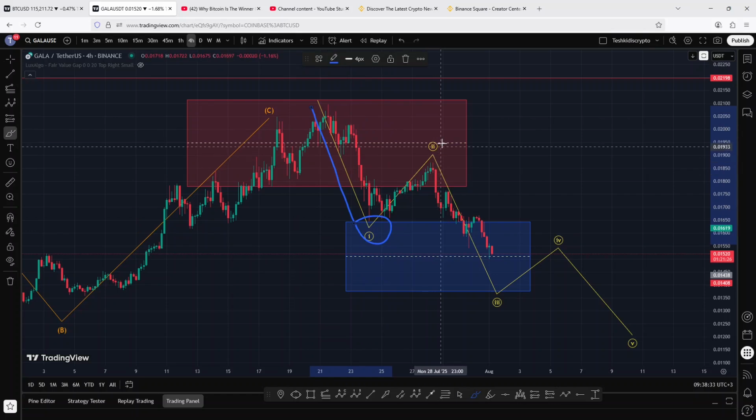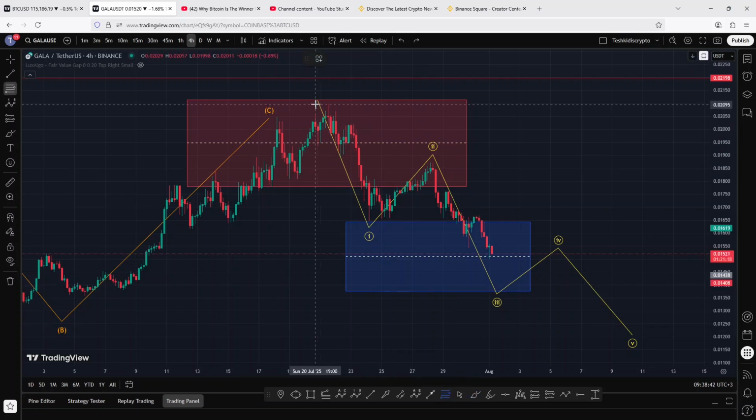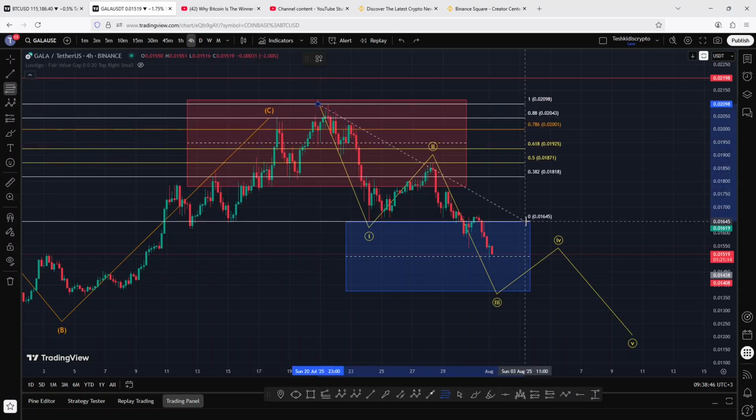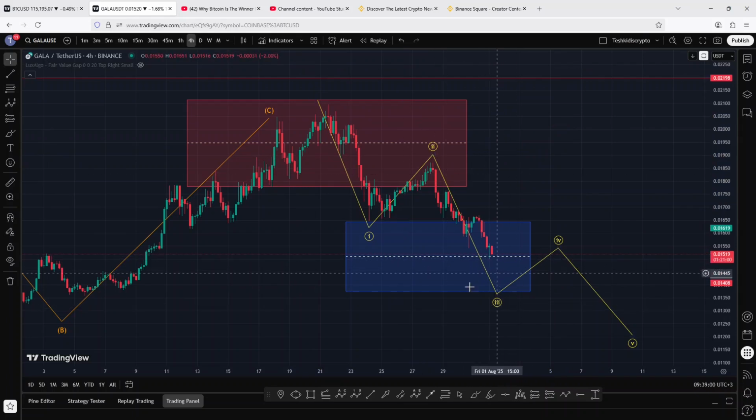Then we saw a bit of a bounce over here in the formation of that second wave, whose minimum target areas were given by connecting the Fibonacci's from the highs we made in the formation of the wave 1 to the lows we made in the formation of that first wave. And you can see that we saw a bounce into the area between the fib level 0.5 and the 382, an area within which we got rejected, starting the next leg to the downside in the formation of these wave 3,